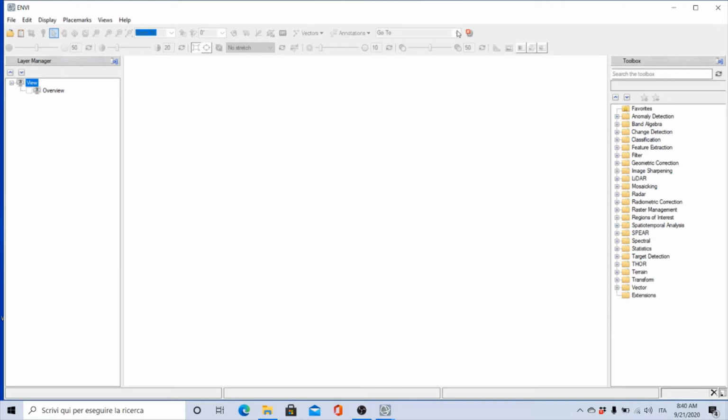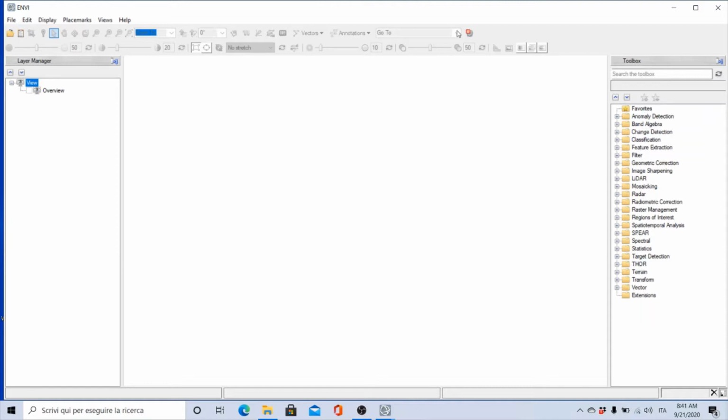So it's more or less 30 years that Envy has been active and operational. So it's a very long life for a software. And the name Envy is an acronym, a very reductive acronym that stands for Environment, N, for Visualizing, V, Images, I. So you see, this acronym is very reductive, because of course this software is not visualizing only images,